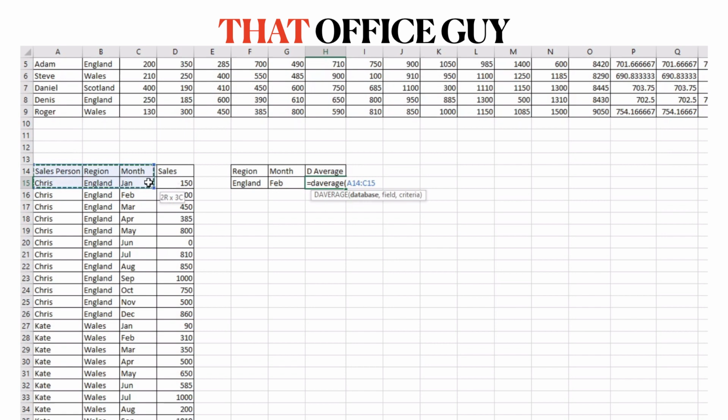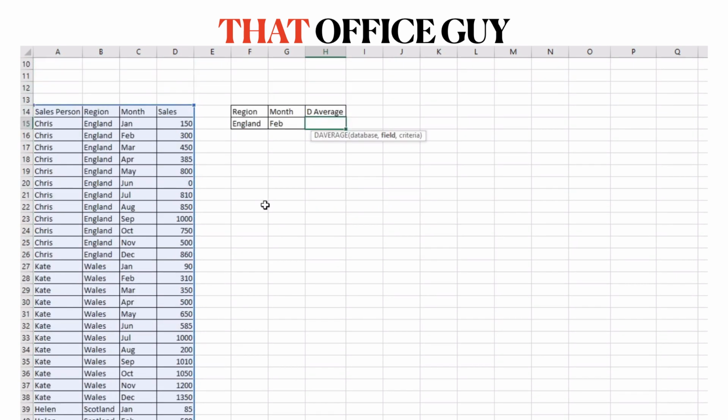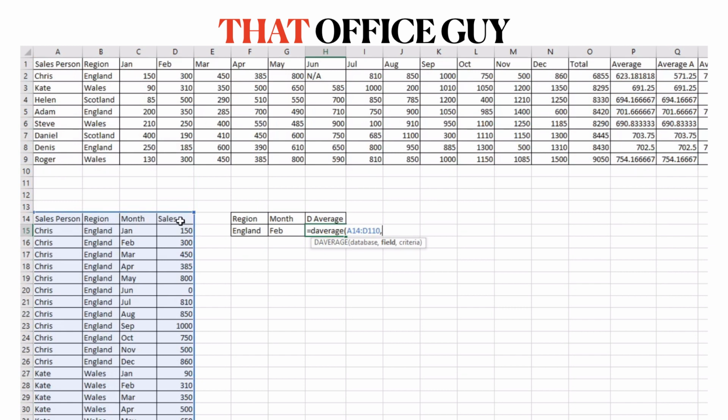So to start with, we're going to select the entire database, the field that we want. Now you've got a couple of different options. We can type out sales, we can tell it that it's the fourth column, or we can just select the header of the particular field. For this example, I'm just going to type sales,